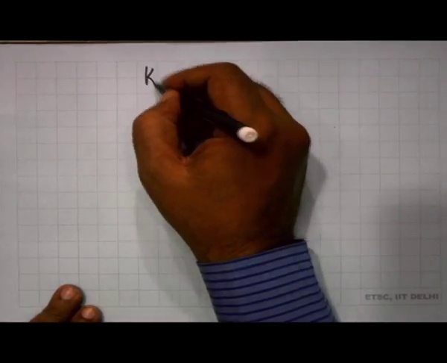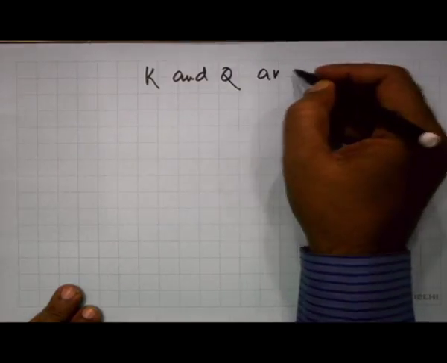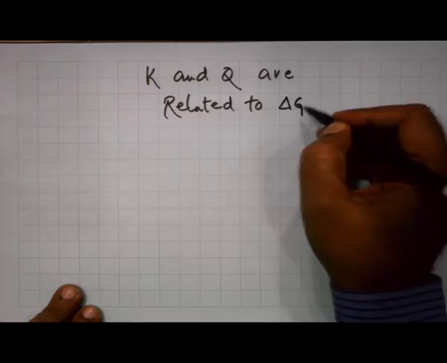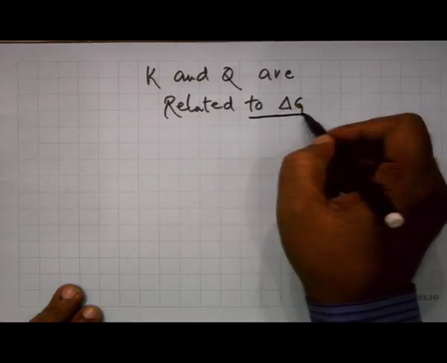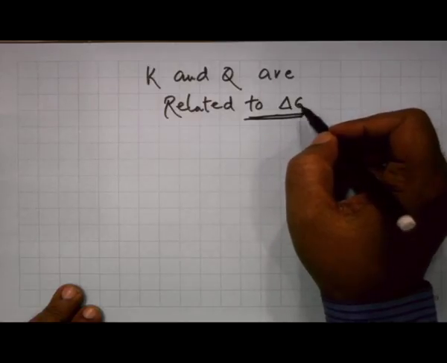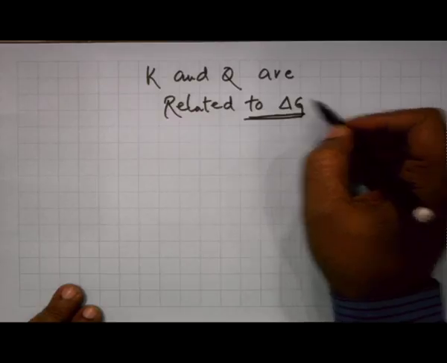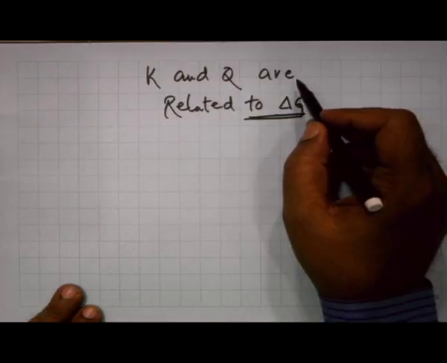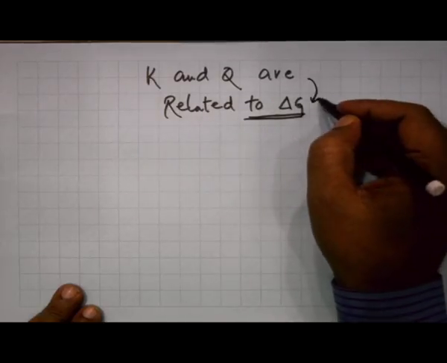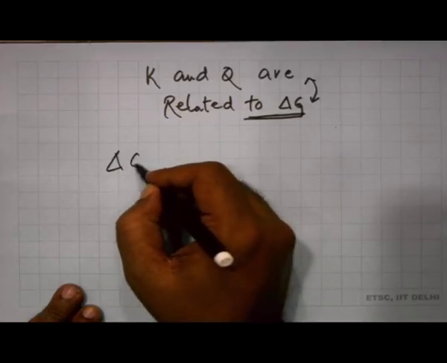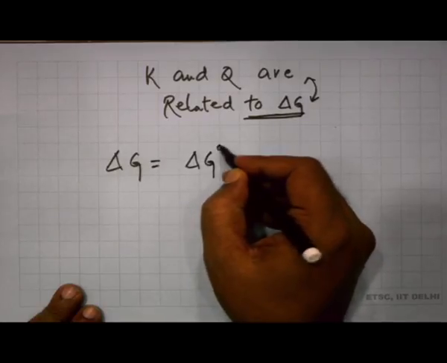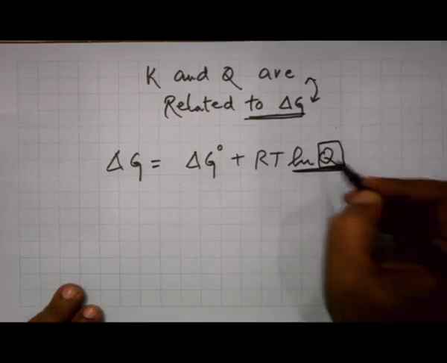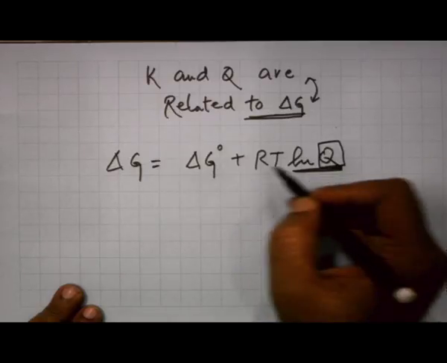Now, K and Q are related to your delta G. We know that delta G, which is change in free energy, tells you about the spontaneity of the reaction, and K and Q can also tell you about the spontaneity of the reaction, or whether the forward reaction or the backward reaction is taking place. So, there is a relationship between Q and K, and the relationship is delta G is equal to delta G naught plus R T ln Q. Here Q is the reaction quotient. So, delta G is equal to delta G naught plus R T ln Q,